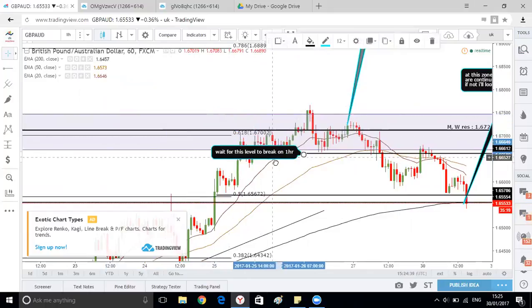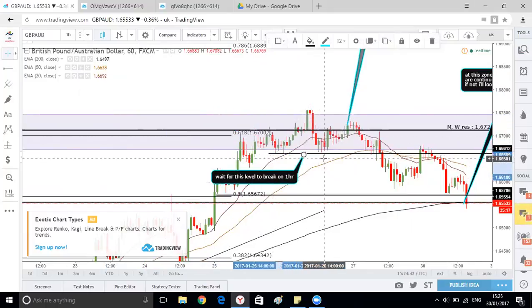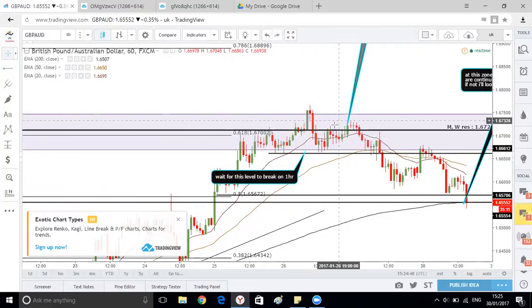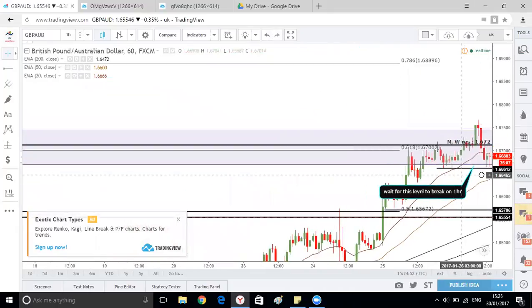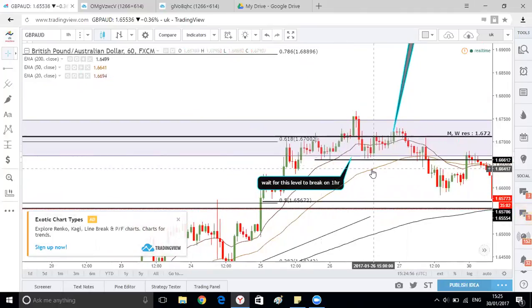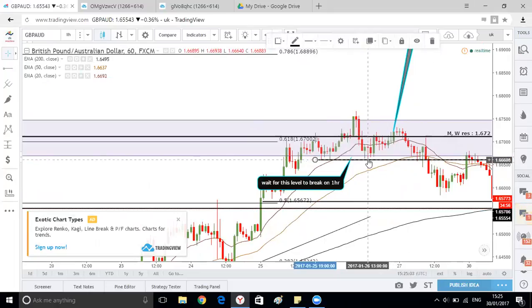Now you can see this. I did mention this level breaking. I did not know what this was. This is where prices were at that time, so I didn't know what this whole place was. You can see it's a head and shoulders now, but I didn't know at that time because the market was at that level. I wanted to wait for this level to break. You can see this minor level, but in order to go short, you will have to wait for that to break. Because if you did enter,